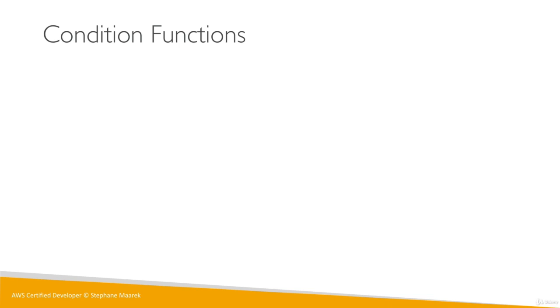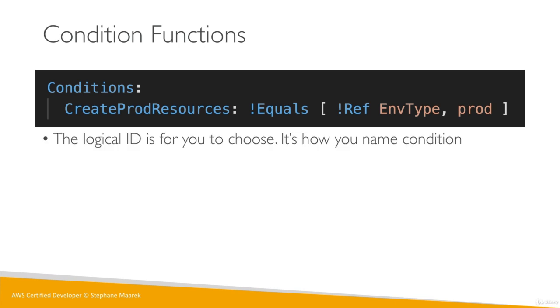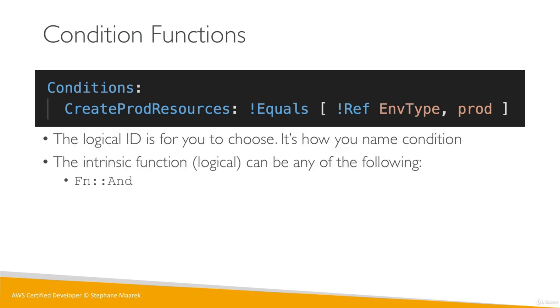Finally, conditions. Conditions is when we define, for example, a condition to only create the prod resources, and we can use a bunch of functions in there. And so the interesting functions we can use are And, Equals, If, Not, and Or, and maybe others that will get added to CloudFormation over time. But that's all for the intrinsic functions you should use. You recognize a function as intrinsic when there is this Fn:: prefix, or when you have that little exclamation point before a name that represents a function.